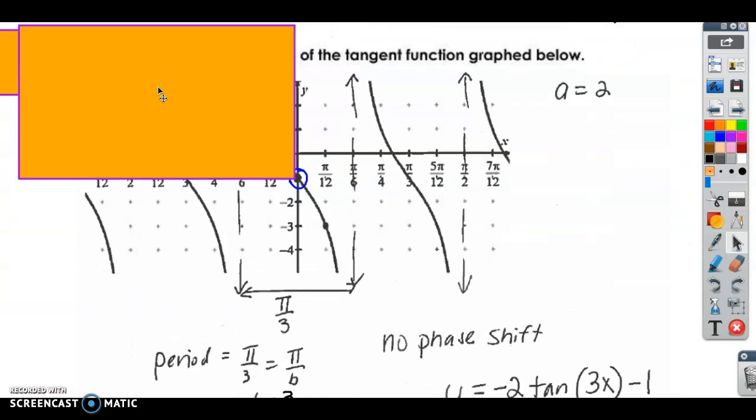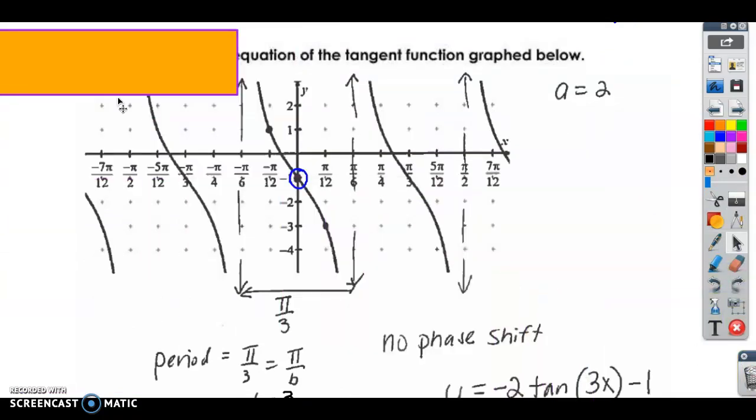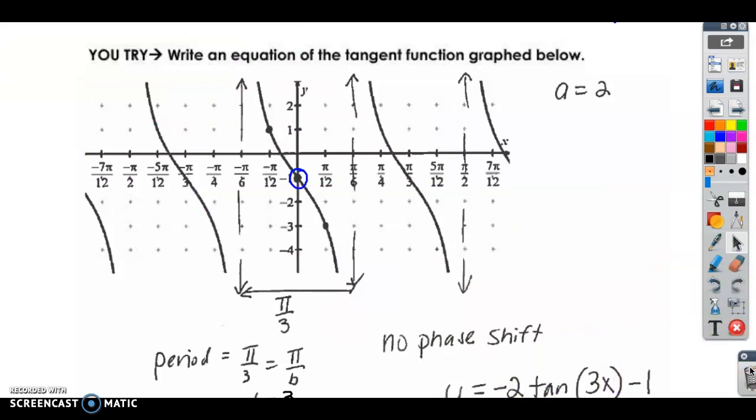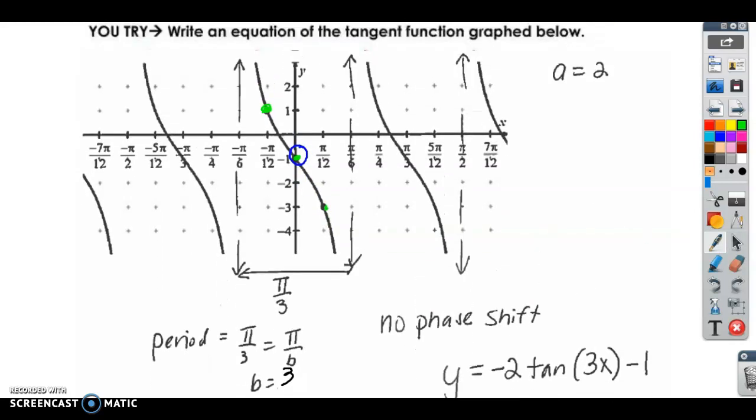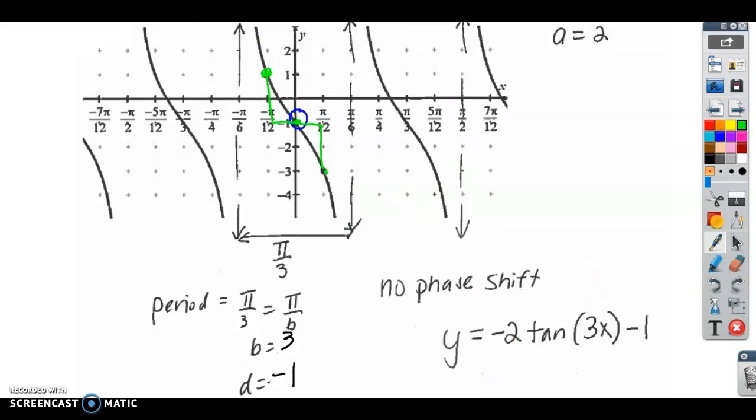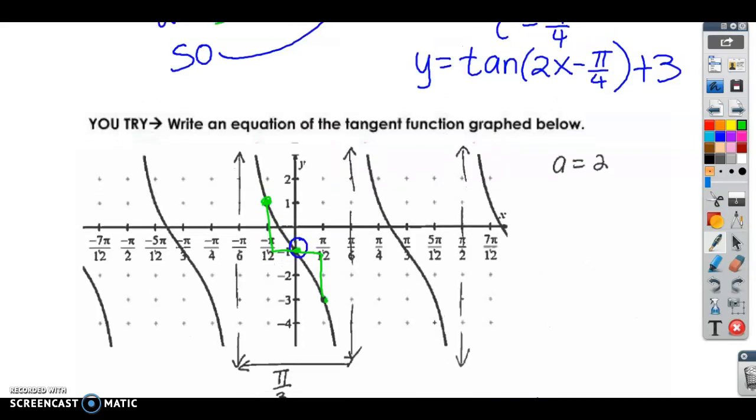All right, and here is the last one you can do. Press pause, do it on your own, and then see how you do. Okay, so do you see how this graph starts high? Starts high, and then there's your 0, and then it goes low. That's a reflection, which means you're going to have a negative in front. Okay, we've got an amplitude of 2. I guess I should say the absolute value of negative 2, which is 2, and we also have a reflection. So that's why it's a negative 2 in front there. Normally the period for tangent